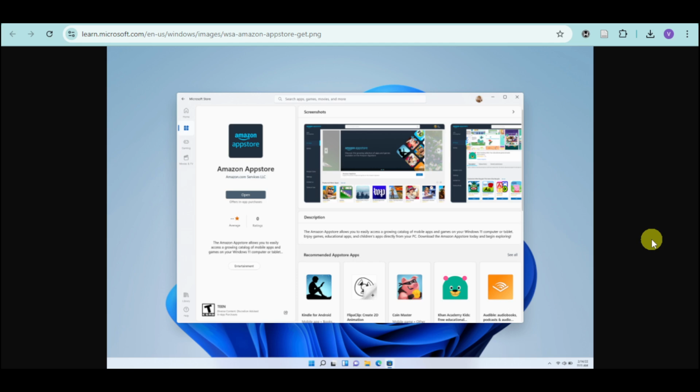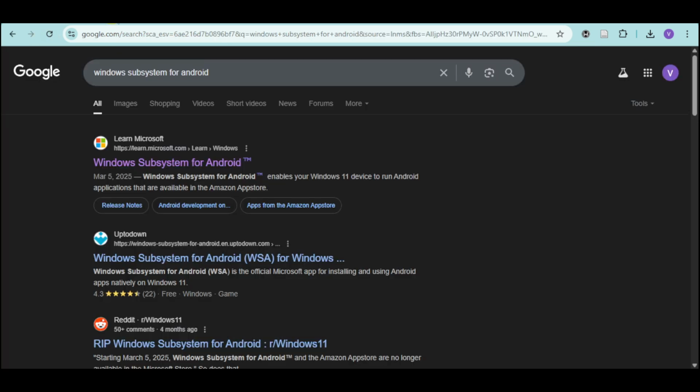How to run Android apps on PC without any emulator. So in this video, I will show you how you can run Android apps and play them on your PC without any Android emulator that you need to install. So in this case, what we can do is we need to head over to our browser and search for